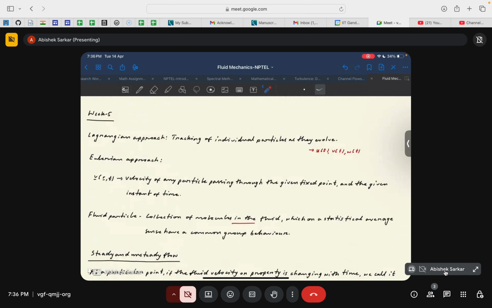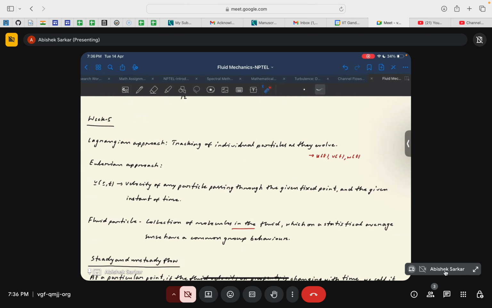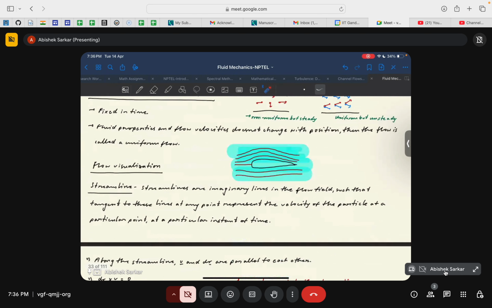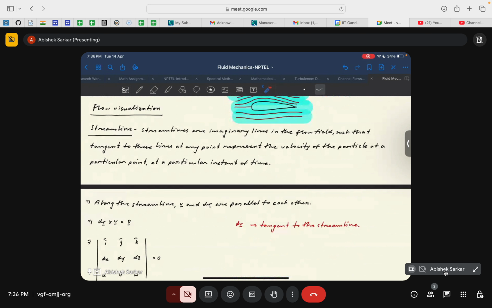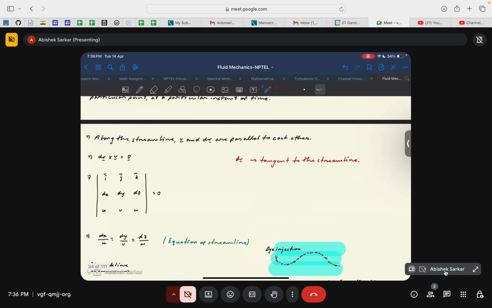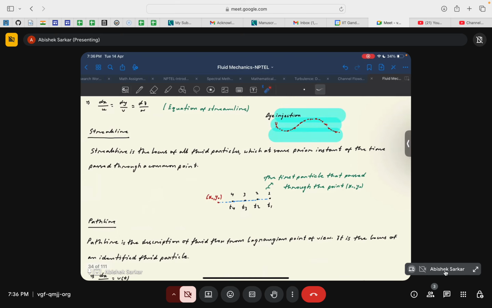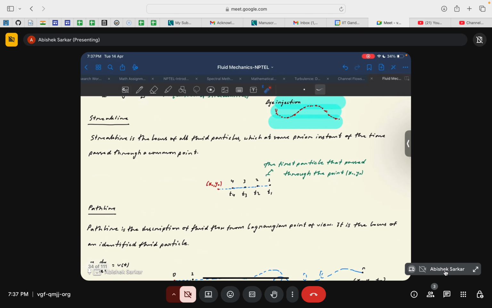So in week 5 we finally started fluid kinematics. Here we formally introduced 3 flow visualization techniques. That was the streamline, where the equation of the streamline was given by this equation, just for your understanding, and the streak line, which denoted the locus of the points passing through the same point of injection, where we find the locus of those particles. Okay, and the path line, which was the